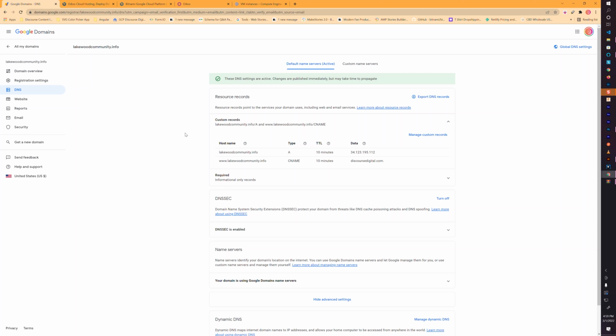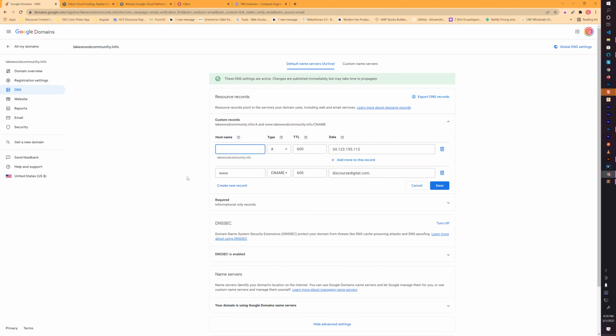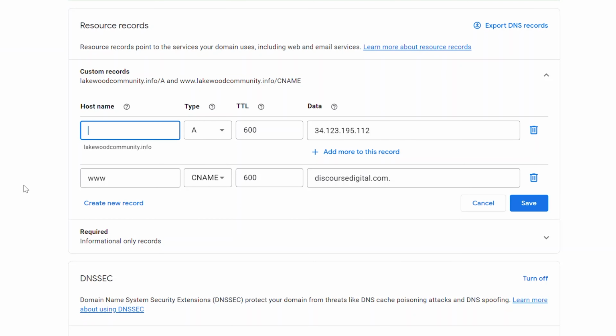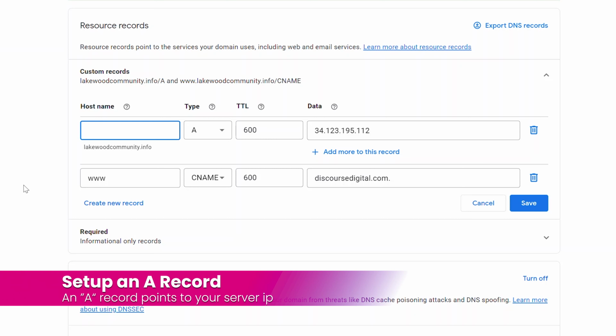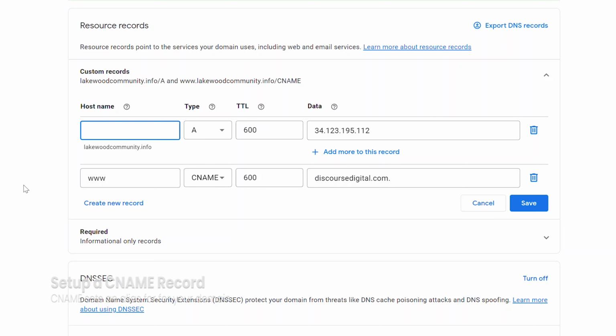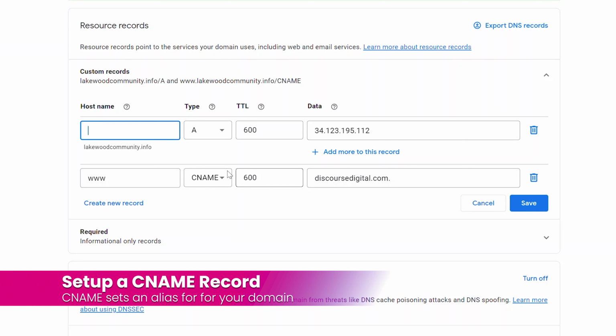domain name. So all I have to do is head over to Google Domains, where I registered my domain, and click on the left sidebar at DNS, and over here at Manage Custom Records, and we'll be able to update our records here. You'll notice that I leave the first field blank because that represents our @ field for lakewoodcommunity.info. And I have our type as an A record, and that's going to point to our IP address for the server. Now on the following field, this is a CNAME entry, and you just enter the www, and it will